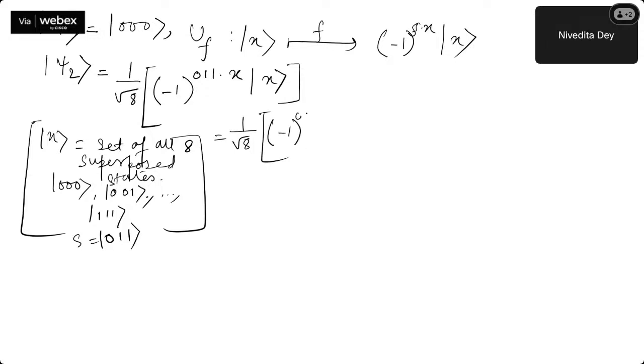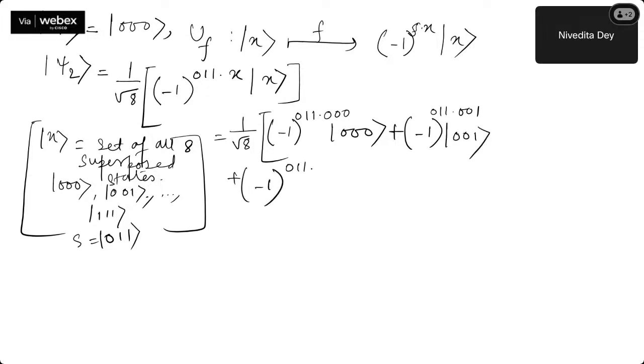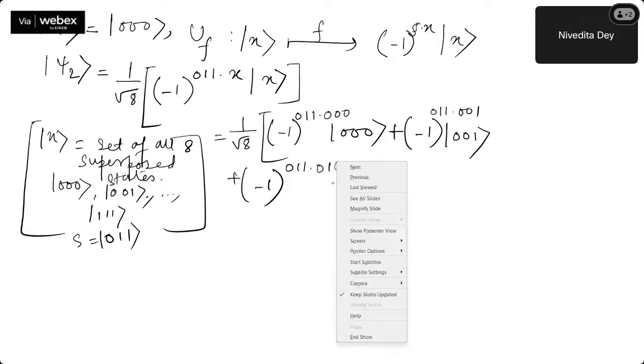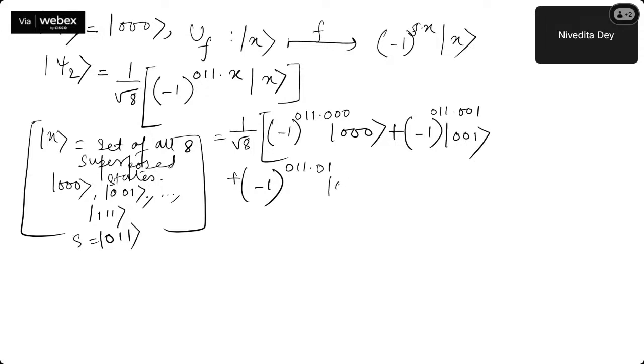So it's (-1)^(011·000) ket 000, plus (-1)^(011·001) ket 001, plus (-1)^(011·010) ket 010, plus (-1)^(011·011) ket 011,